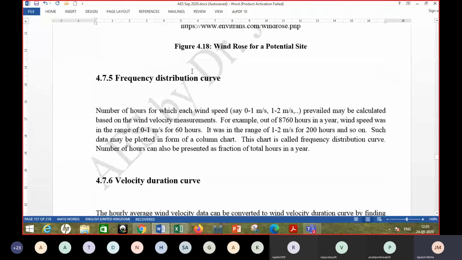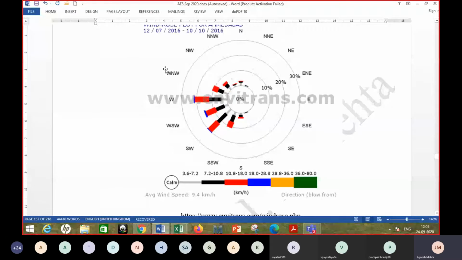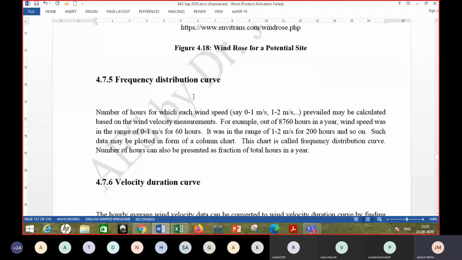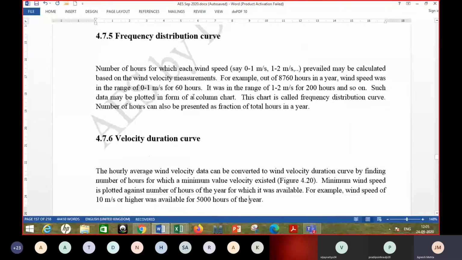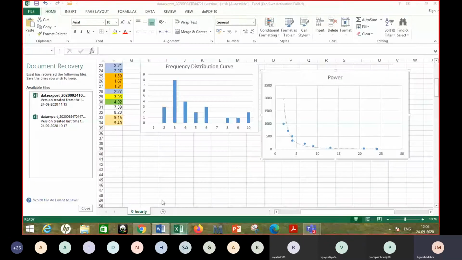So in that we talked about windrows, how data is presented in the form of windrows, and then we talked about the frequency distribution curve and the velocity duration curve. And it seemed to me that the understanding of these two curves is not very clear in your mind. So I took some wind data